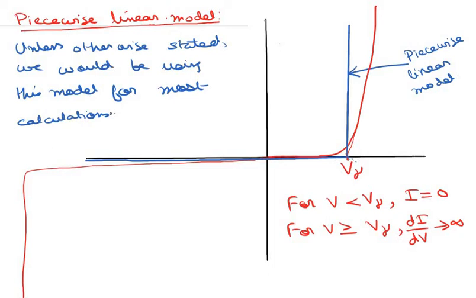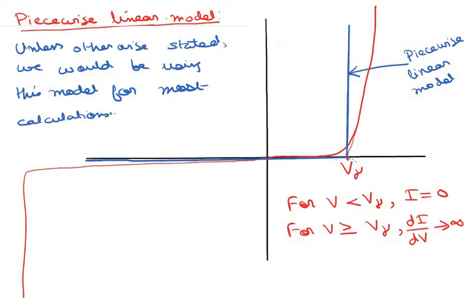If we use this model, the result doesn't vary much compared to if we use the actual current-voltage model of the diode, where the current varies exponentially with the diode voltage. So this model gives us a very close answer to the actual IV characteristics of the diode, and that is why we use this model for most of our